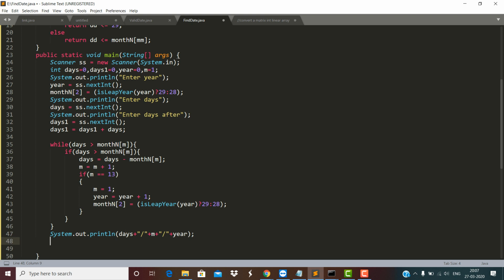After printing this corresponding date, what I want to do is immediately initialize this value m to 1, and from scratch I have to do the same. The rest of the part will be repeated for the same year. And here